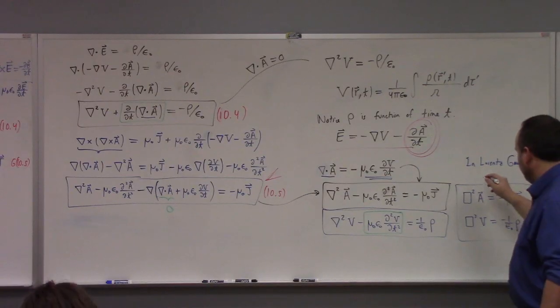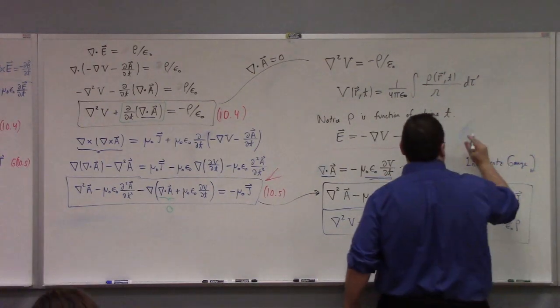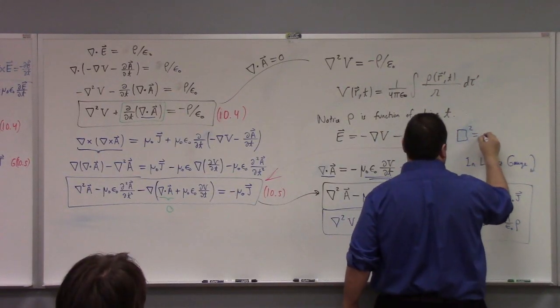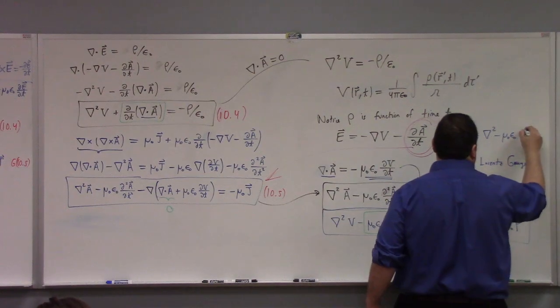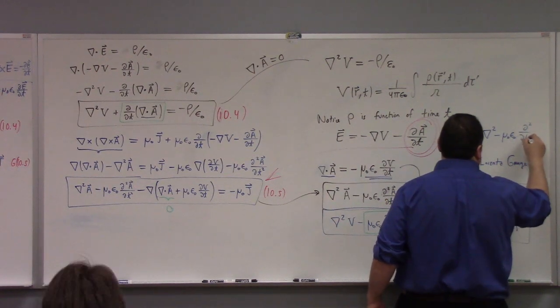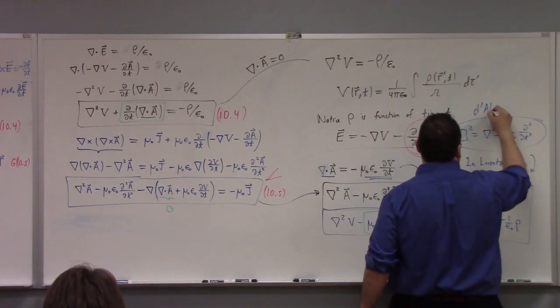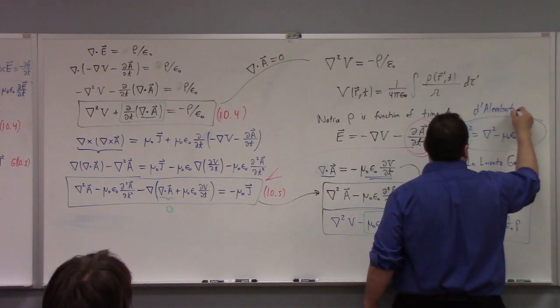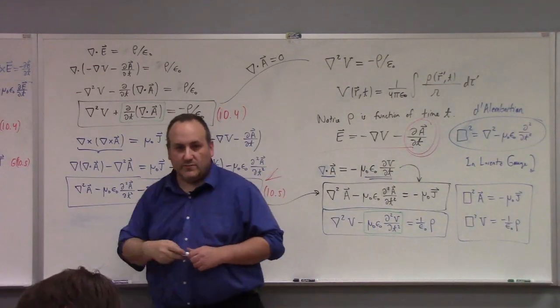And here, box squared is the Laplacian minus mu naught epsilon naught partial squared partial t squared. This right here is called the D'Alembertian, which is essentially the four-dimensional